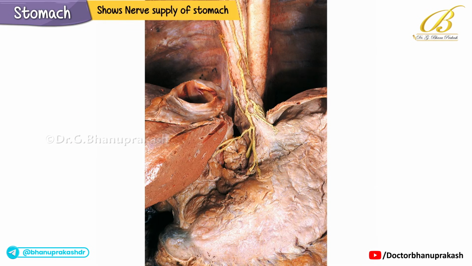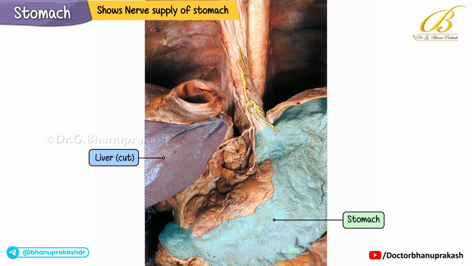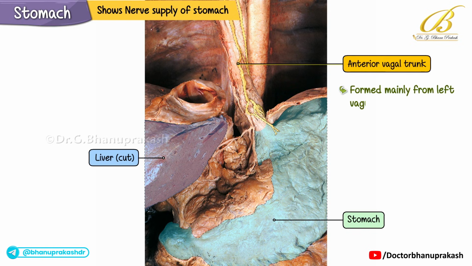This image shows the nerve supply of the stomach. After removing the left part of the liver, the vagus nerves supplying the stomach can be clearly seen. The parasympathetic fibers to the stomach are derived directly from the vagus nerves. The anterior vagal trunk, formed mainly from the left vagus nerve and partly from the right vagus nerve, enters the